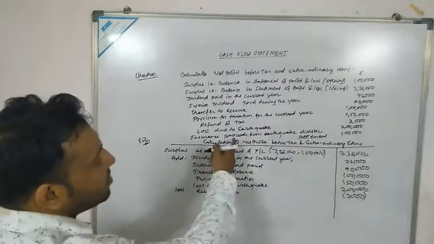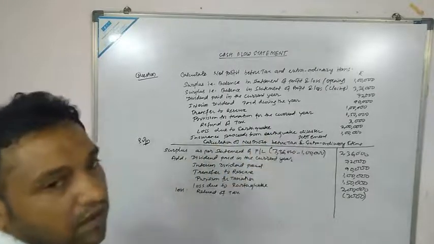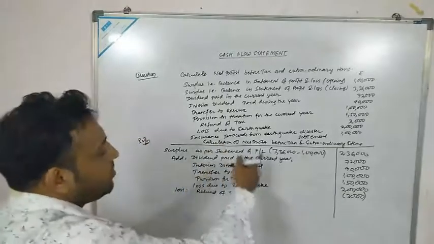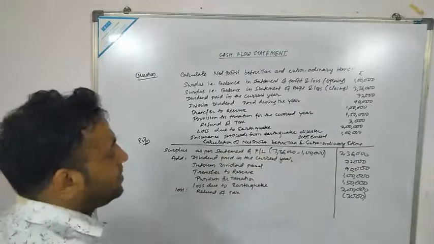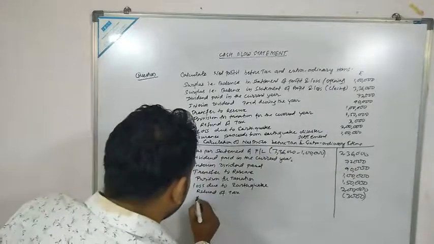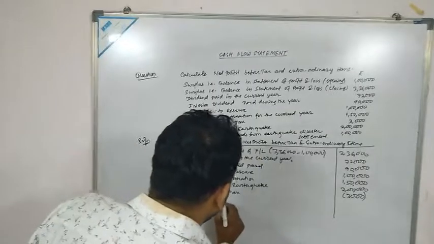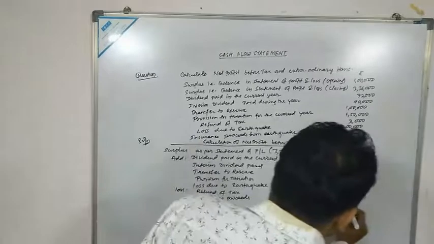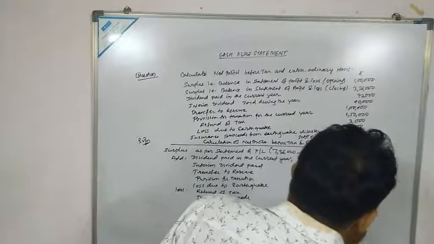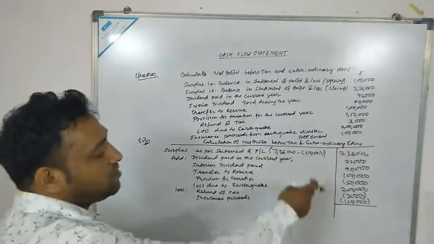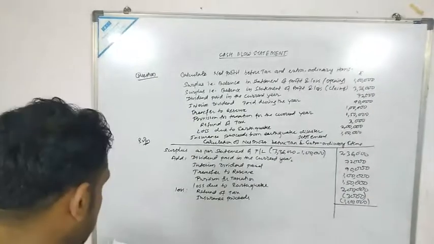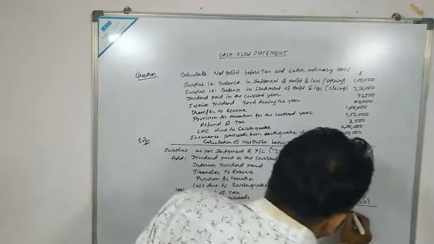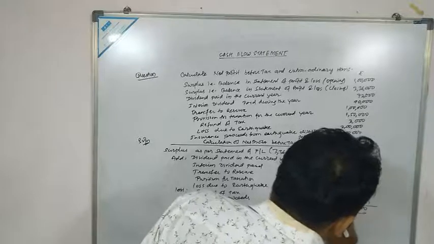Last but not the least is your insurance proceeds from earthquake disaster settlement. पैसा मिल चुका है, मतलब क्रेडिट हो गया पीएल अकाउंट. उसको क्या करना पड़ेगा? माइनस करना पड़ेगा. Why? Because we are calculating the net profit before tax and extraordinary items. ठीक है? So less is your insurance proceeds. इंश्योरेंस प्रोसीड्स कितना था हमारा? 1 lakh. Okay. So all the items would be added, only the last two items would be subtracted. Okay. So after the calculation, how much will you get? 7,45,000 will be the answer.